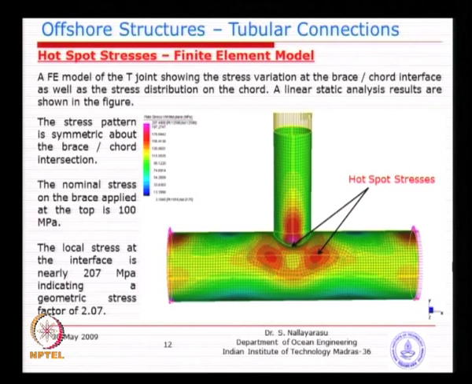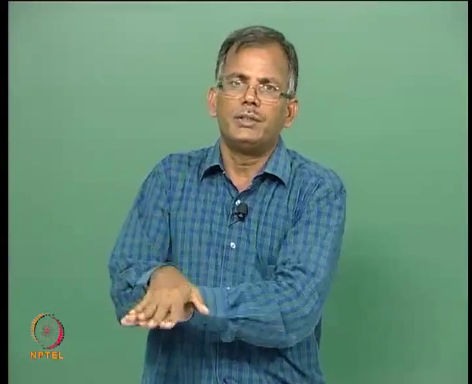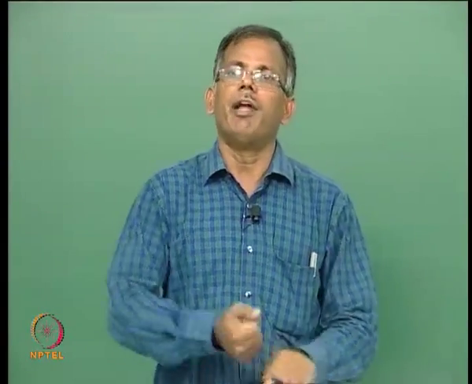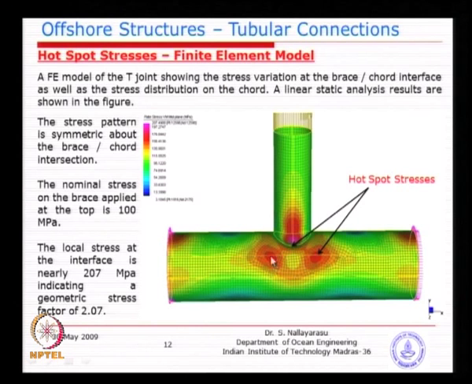So, if you zoom this area very large, you will find that there is the plate horizontal and plate vertical coming and joining. You will see that the stress on the vertical and the stress on the horizontal will be of different magnitude, but they will be matching at the intersection. If it is not matching, they probably failed, that means they have separated. So, in order to see that, you need to go to the software. I purposely could not put it here, but you can see that there will be a connected plate stressed in a different manner.